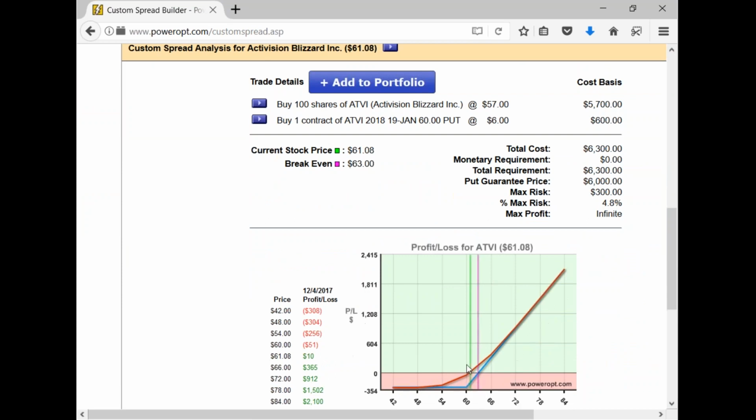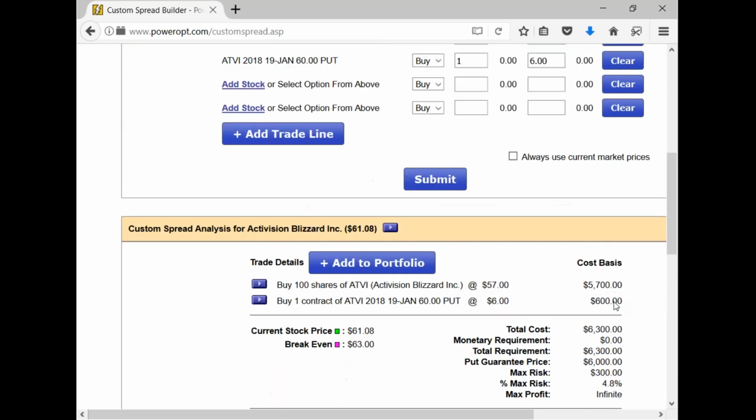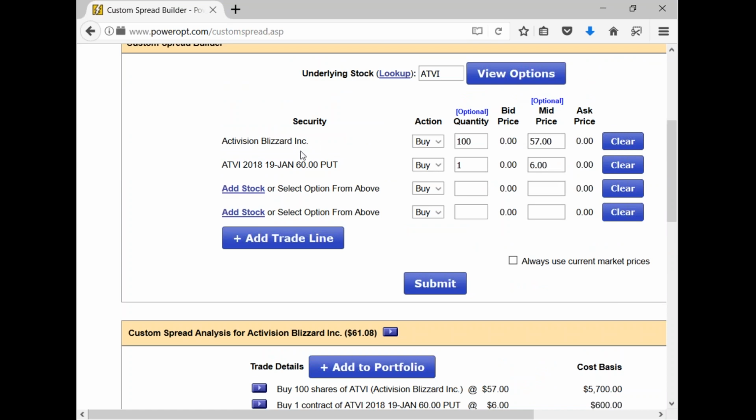So here's a standard married put. I do have $6,300 invested. The 60 strike put gives me a guaranteed exit price of $6,000, so I'm only risking $300 on the investment, or 4.8%. Okay? Now, common approach to adjusting a radioactive trade, well, the first one is that as the stock